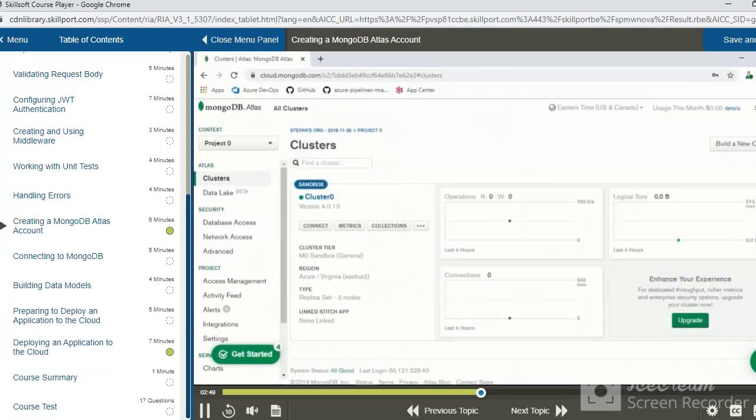Okay, so now that the deployment is complete, we need to whitelist the IP address that the application is connecting from. By default, MongoDB Atlas blocks all incoming requests unless they are coming from a whitelisted IP. So on the main center